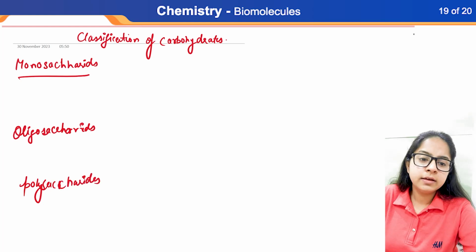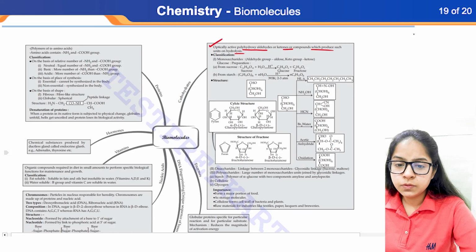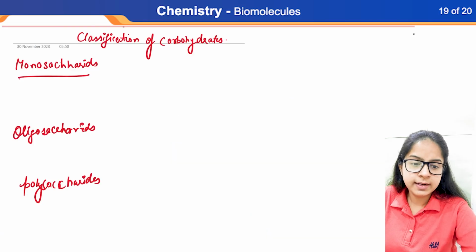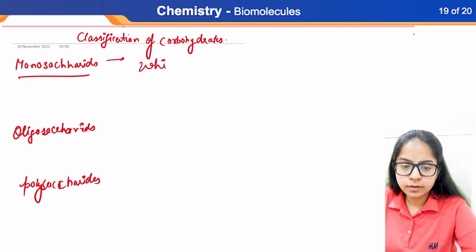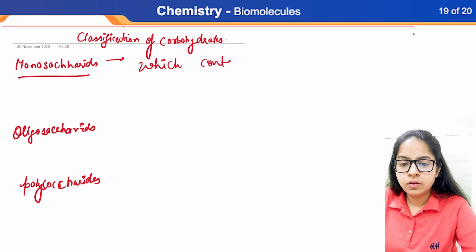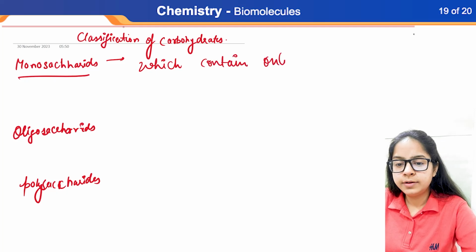In the starting, this is which produce such units on hydrolysis. I'll tell you why. Monosaccharides are the units which contain only one carbohydrate unit,